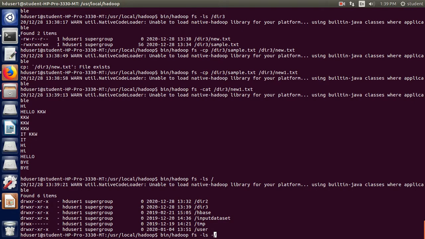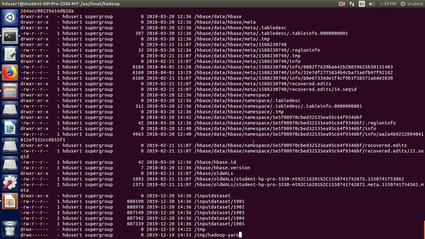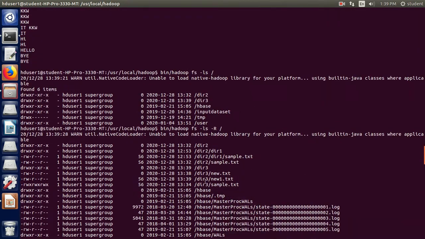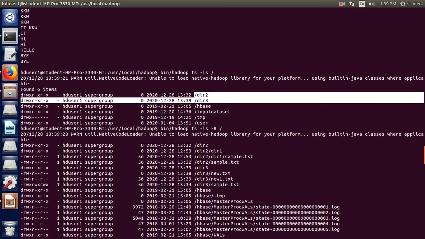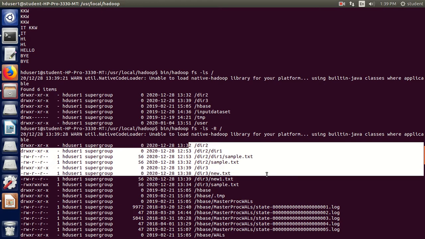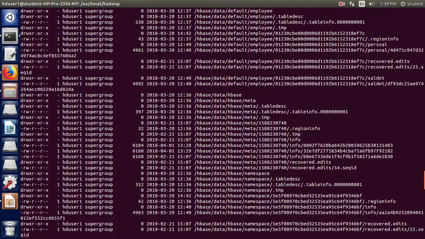So finally we will again list out all the contents of the various directories, and I can have all the recursive contents of the directories. So we'll see that okay, there are many directories, but our interest is not all of this, it is dir2, dir3, you can see this, then dir2 over here. So dir1 inside this, dir3 is there, sample and new, both files are created under this dir3.